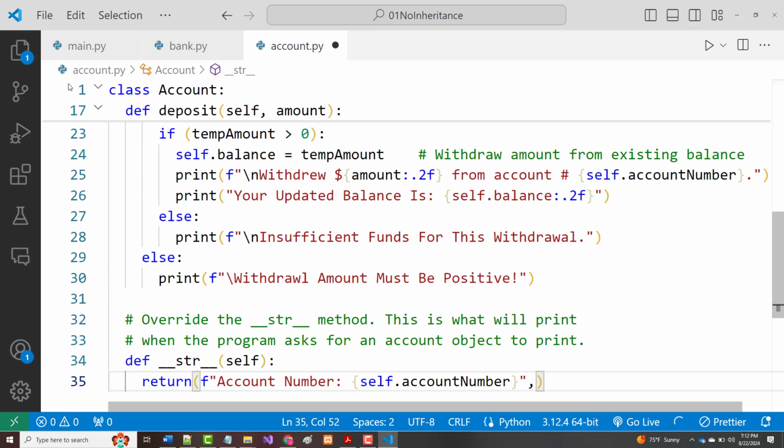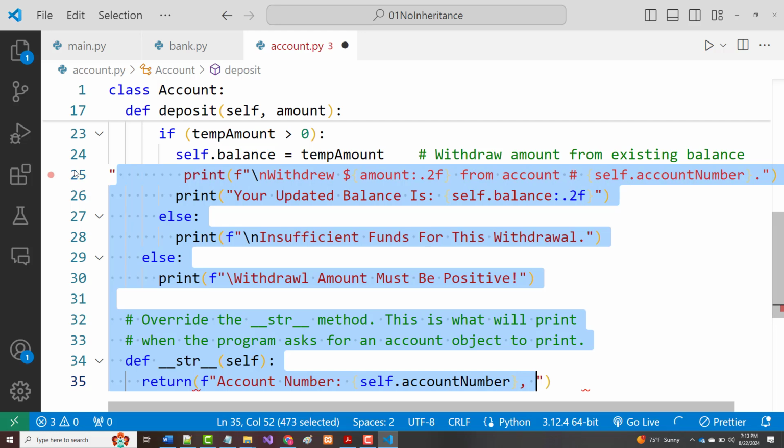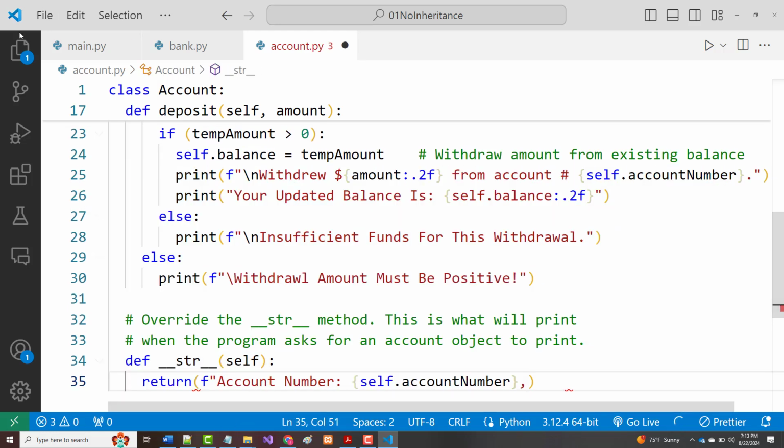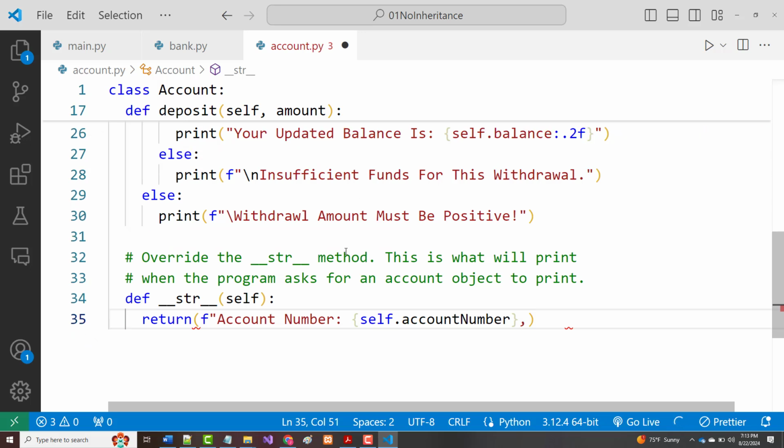We'll put a comma in here and double quote. Oops, I don't know what I did there. All right, return F self.account_number,